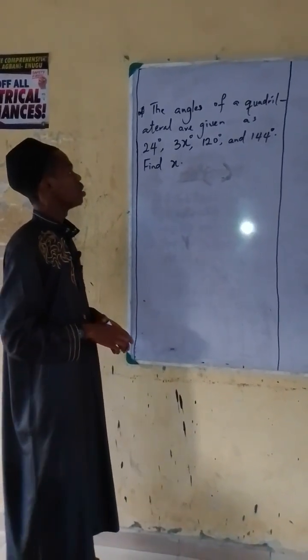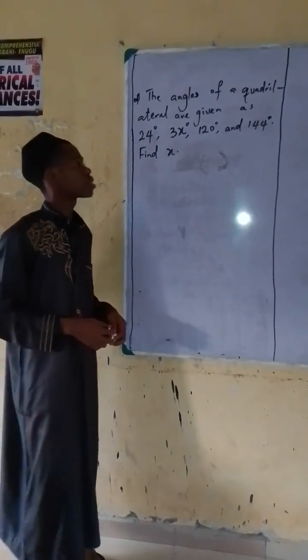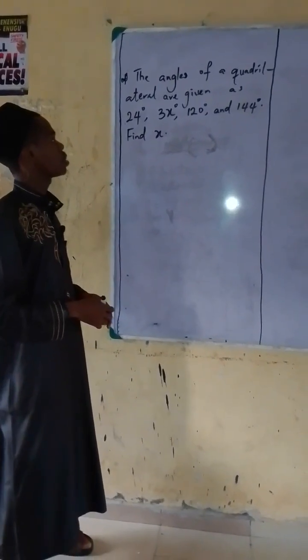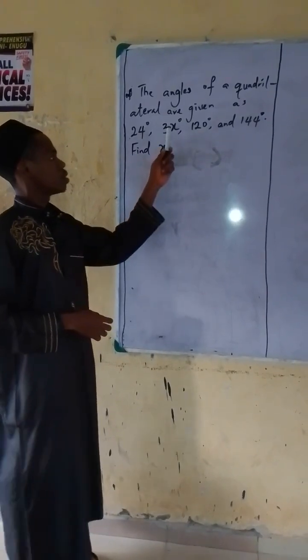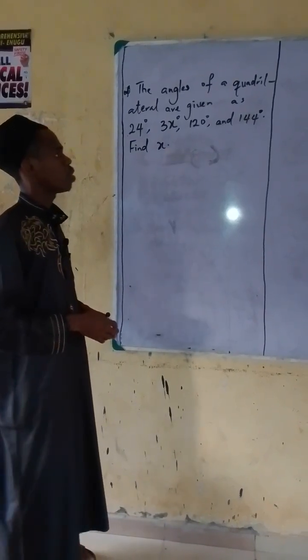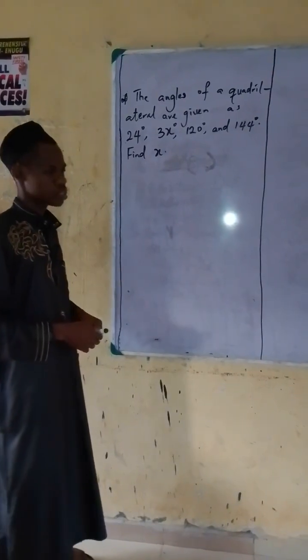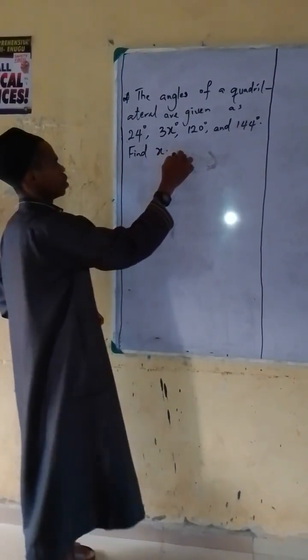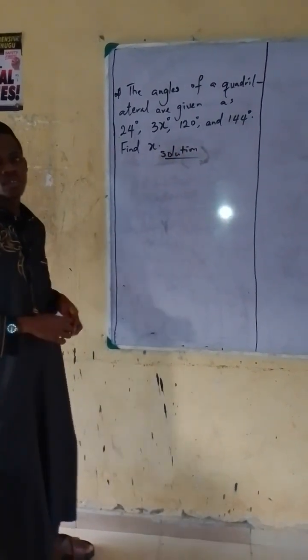Hi, let us provide a solution to this question. The question reads: the angles of a quadrilateral are given as 24 degrees, 3x degrees, 120 degrees, and 144 degrees. Find x. Now, the first thing that should come to our mind is that for a triangle, the